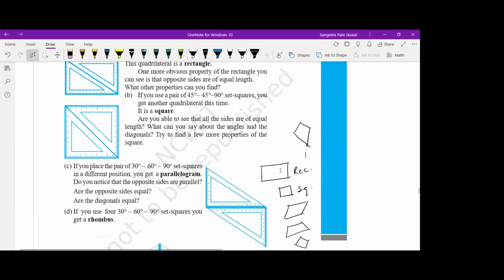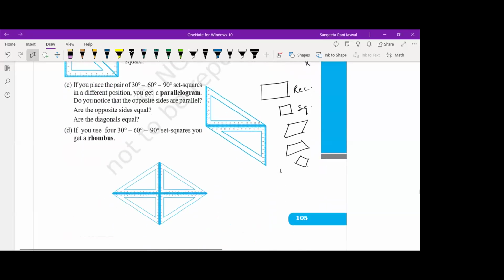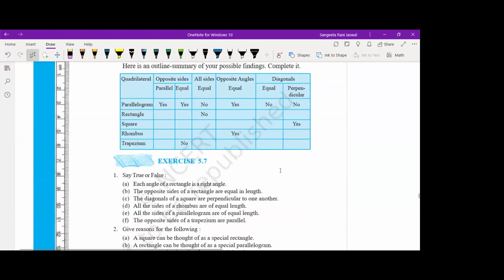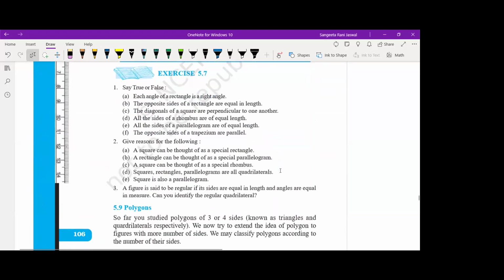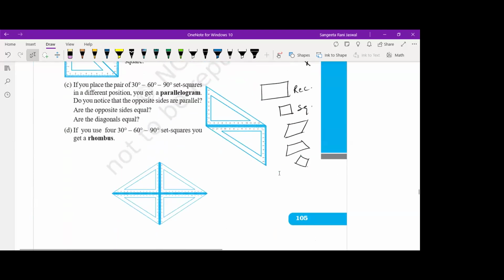So, you know the properties of square, rectangle. Let's see. First learn the properties. Let's check out the properties of these. Now, in a rectangle, you know that the opposite sides are equal. Yes. One pair, two pair of opposite sides are equal. This side is equal to this side. This side is equal to this side. In a square, you know that all the four sides are equal.